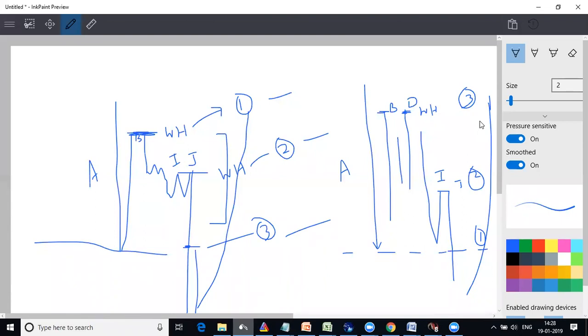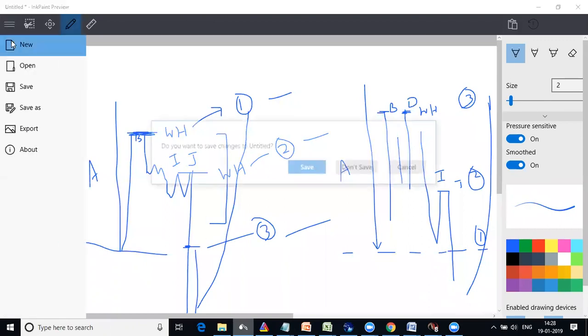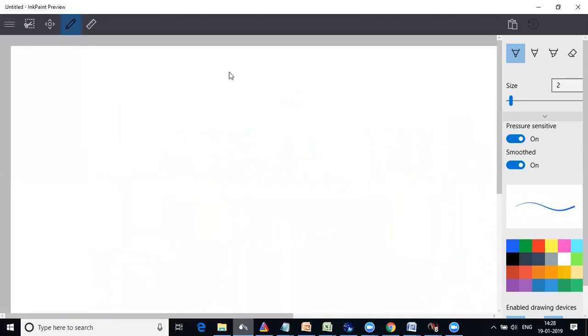Let me give you one more example. This will be a different kind of setup, but it helps you to understand what kind of context is going on. Okay, let's say